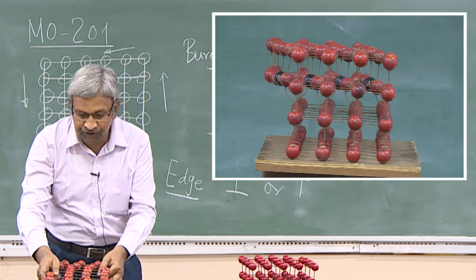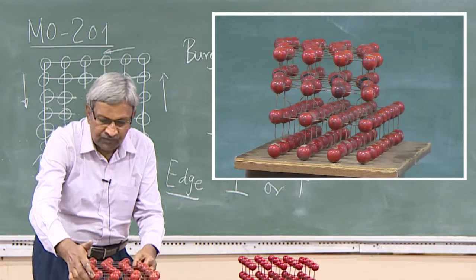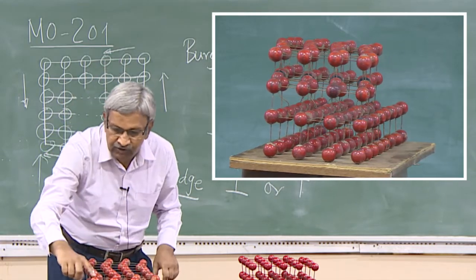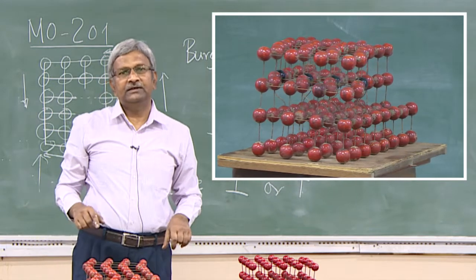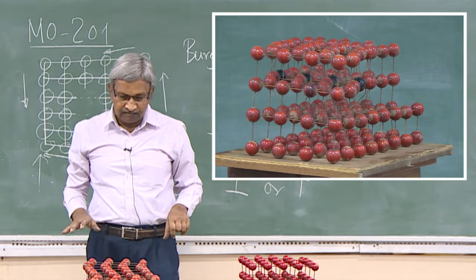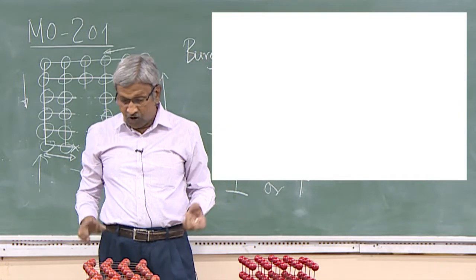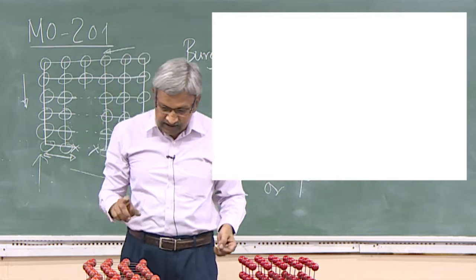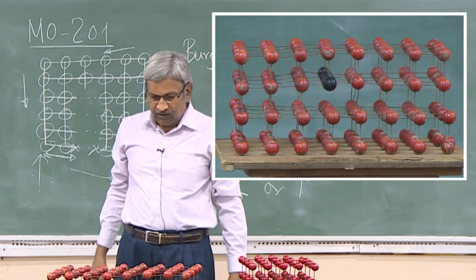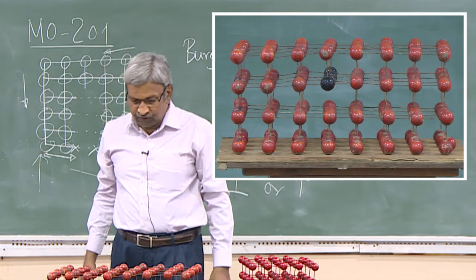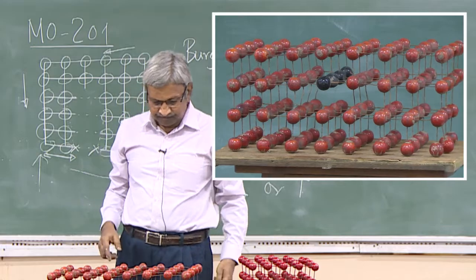So, this portion is totally perfect in the sense that if you keep counting these steps, you can go from one place and come back to the same place. So the Burgers circuit is totally complete. However, the moment I turn the model towards you, now I request you to appreciate what is happening here.